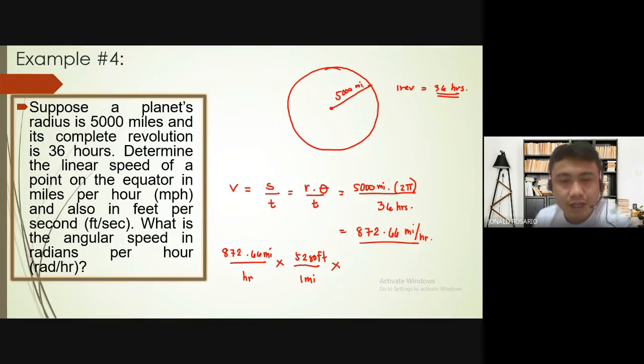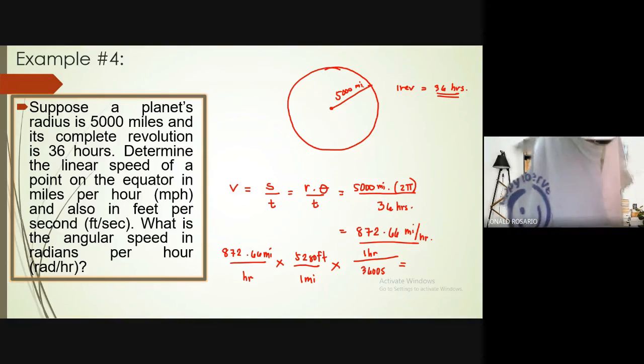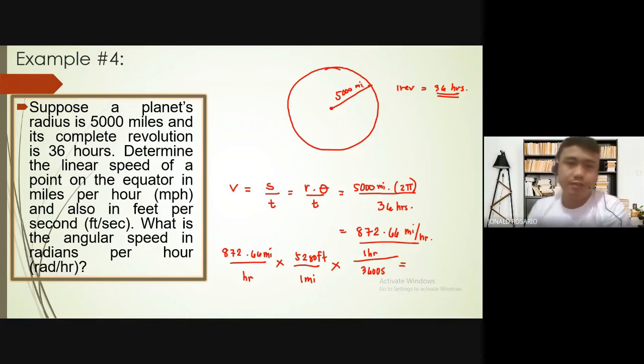And of course, hour to second naman. In 1 hour, so ilalagay ko sa taas yung hour, 1 hour, para makancel kasi taas baba yan. Over 3,600 seconds. So that is, i-multiply natin yung dalawa divided by 3,600. Kukuha na lang ako dito ng calcu kasi mahirap kasi mag-navigate from slide to other browser. Okay, so